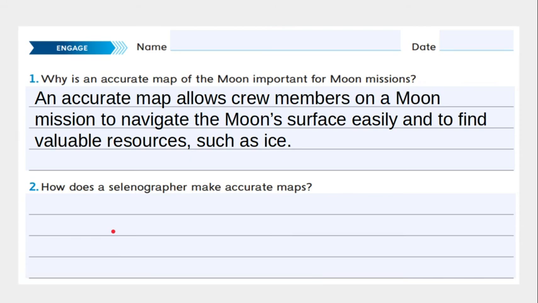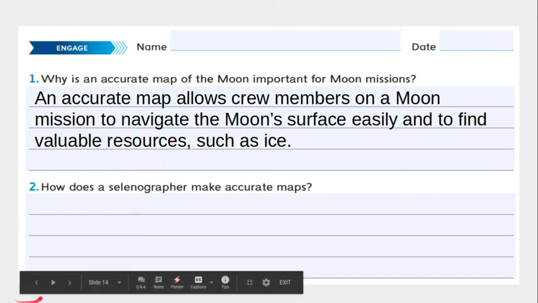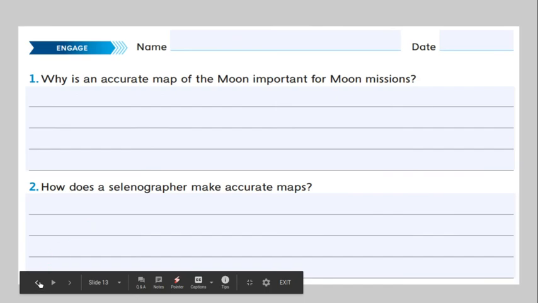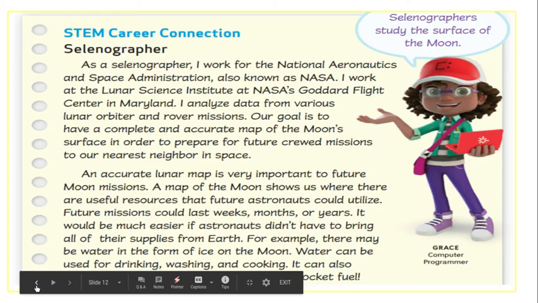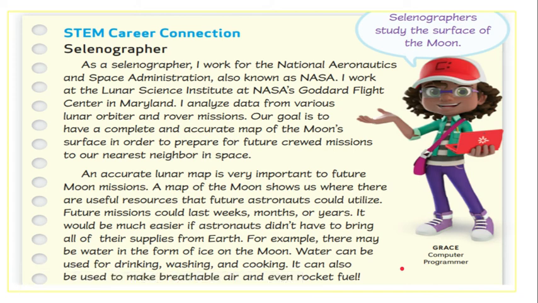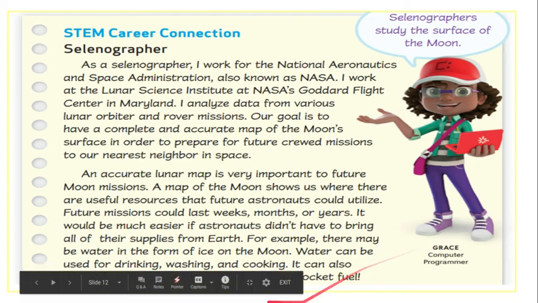So there we go. Here is our answer. An accurate map allows crew members on a moon mission to navigate the moon's surface easily and to find valuable resources such as ice. And so, boys and girls, if you read to the bottom here, they said that water can be found on the moon in the form of ice. And so that can be used for washing, for drinking, cooking. It can also be used, which I found the last sentence very interesting,